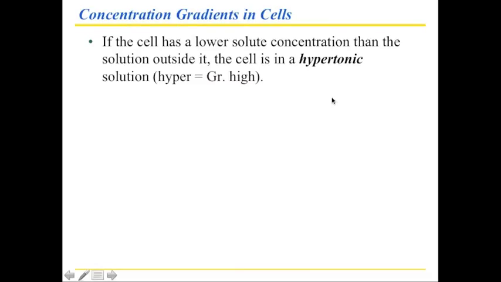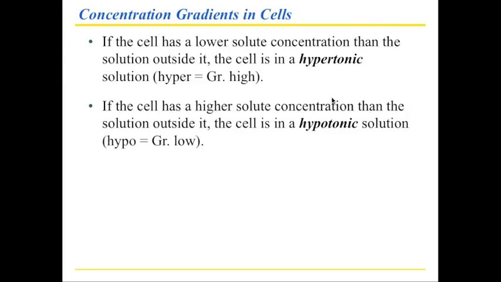As a consequence of the movement of water, you can sometimes see concentration gradients in the cell, where on the inside of the cell you have a different concentration than on the outside of the cell. And so if the cell has a low concentration of something, low salt, low sugar, low solute, whatever it is, then on the outside the concentration is hypertonic. So the cell is actually going to be in a hypertonic environment. Now, I'll show you a picture of this in a minute. I just want to get the